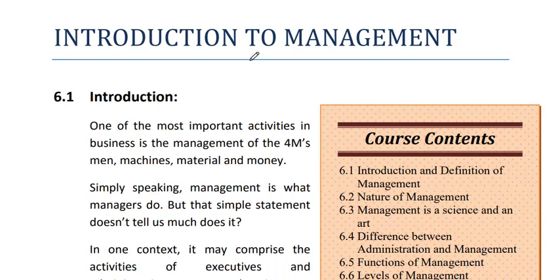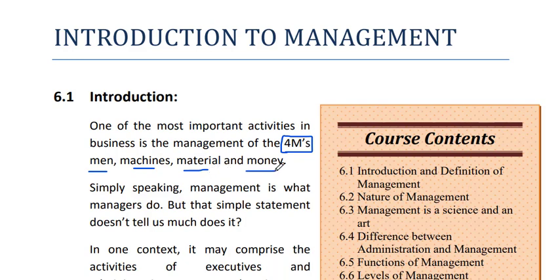Let me start with the first of all. One of the most important activities in management is the 4M. What is 4M? One is man, the worker. Machine: different types of machines are there to produce something. We require raw material: in building construction, we require steel, cement, sand, aggregate, etc. In a phone, we require different cameras, chips, glass. So these are the raw material. And last, money. So basically management includes these 4M.